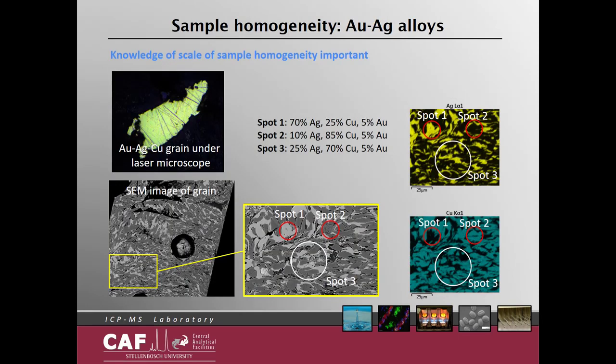So for the sample analysis shown in the previous slide, which was a gold, silver, copper alloy, the grain appeared completely homogeneous under the laser microscope. But when we imaged it by scanning electron microscopy, after seeing the 30 micron spot-to-spot variation in the chemistry, we found these copper-silver microtextures. As an explanation,